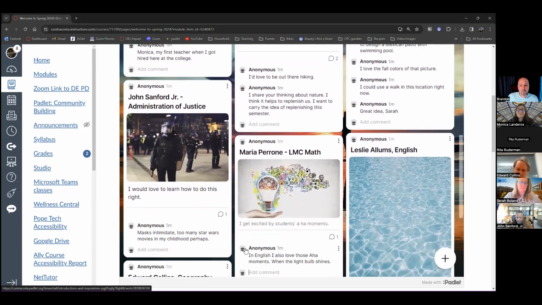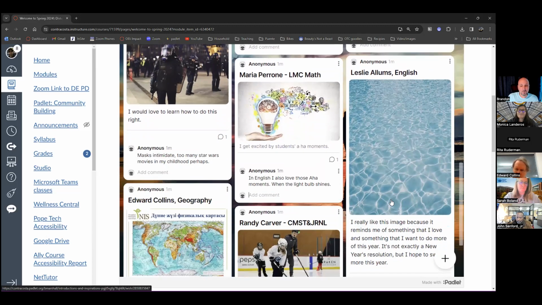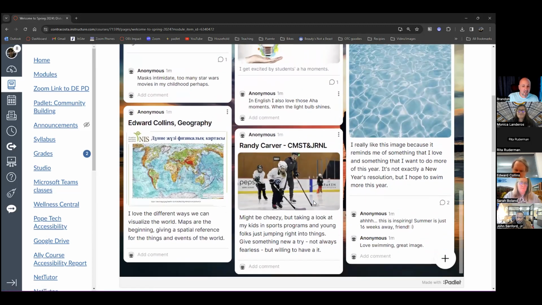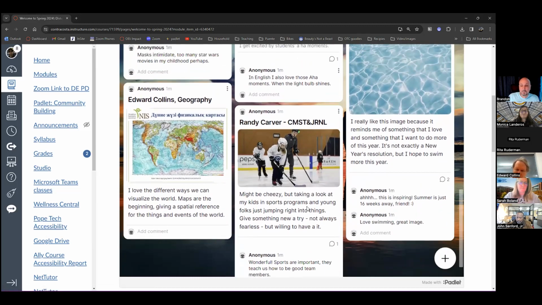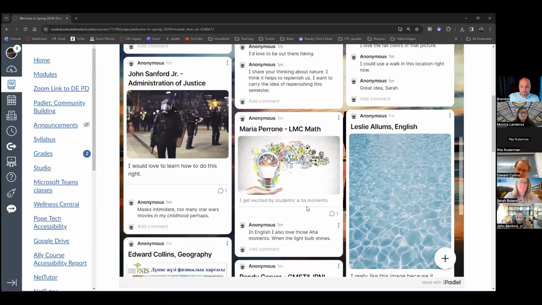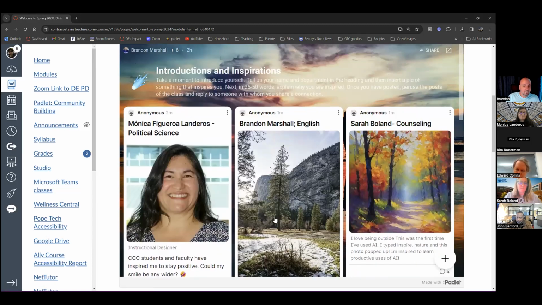But you're able to see all these really cool things come up, and all of the people, really quick and easy. You can start to see all of the connections that people have, and you can start to make connections with the people in your class. So I love the backpack tool for this.